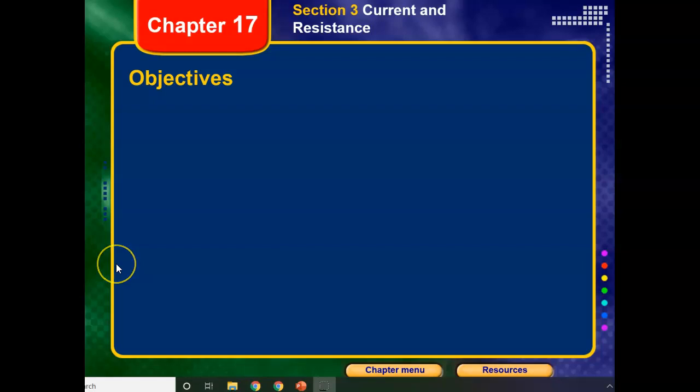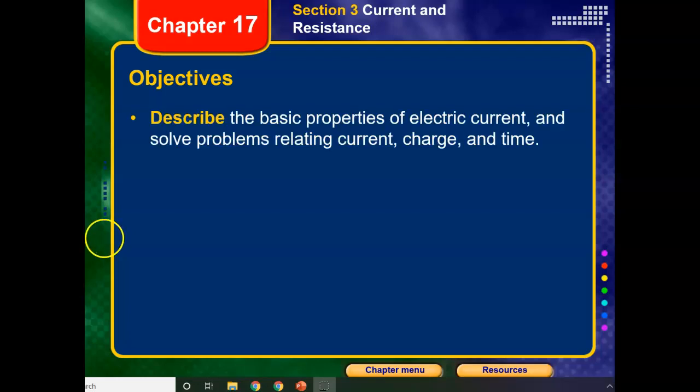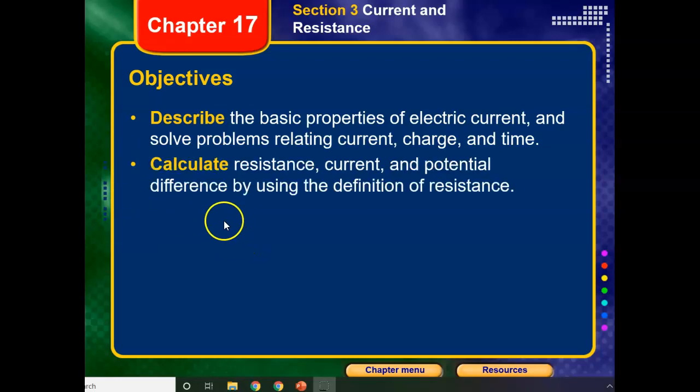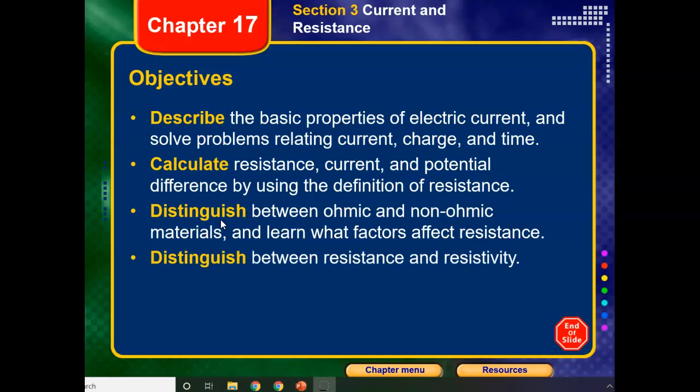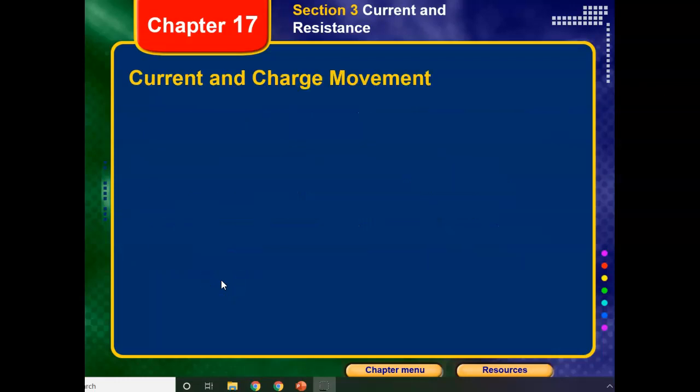All right, so this is the second video of the unit, and it's on what's called electric current and resistance and resistivity. So the objectives for this, looking at basic ideas of current and calculating math with current with potential difference, looking at what's called an ohmic and non-ohmic material, and then looking at the difference between resistance and resistivity. All right, so current